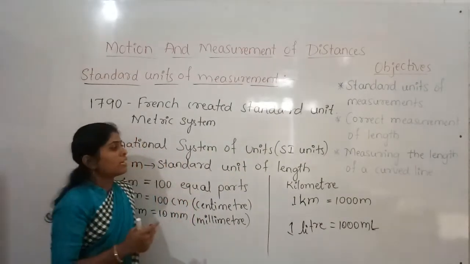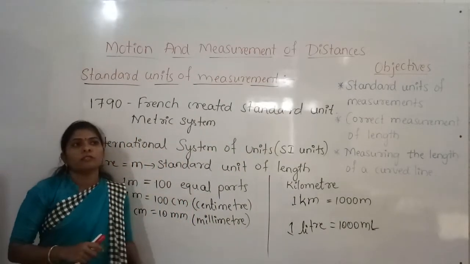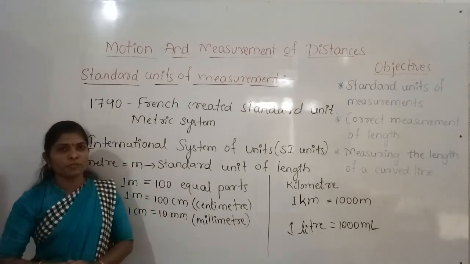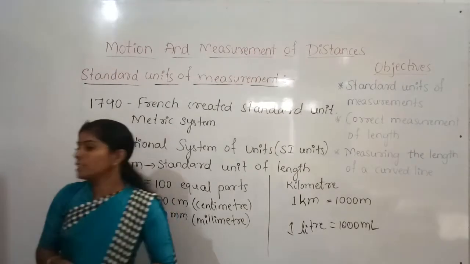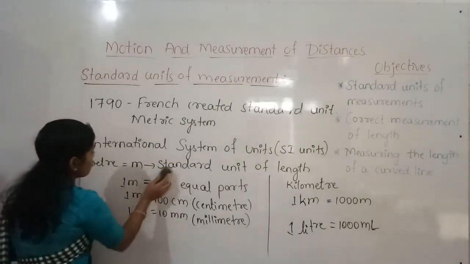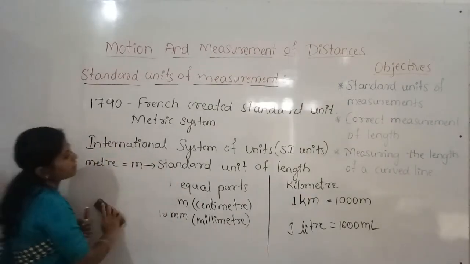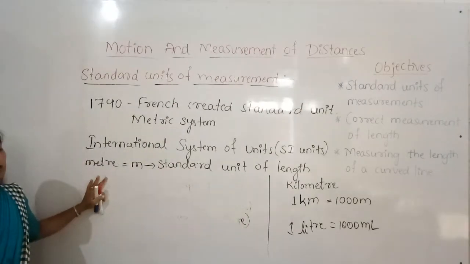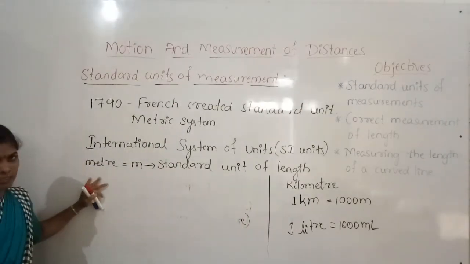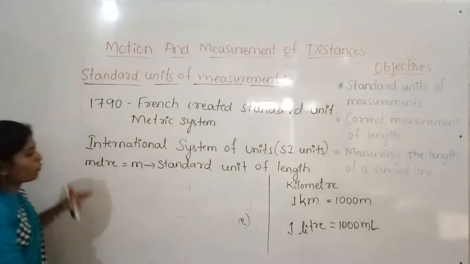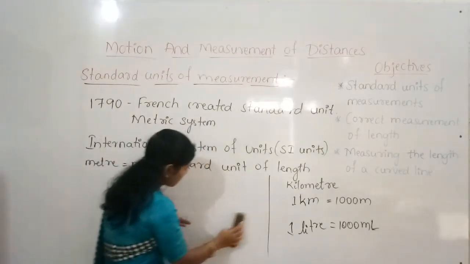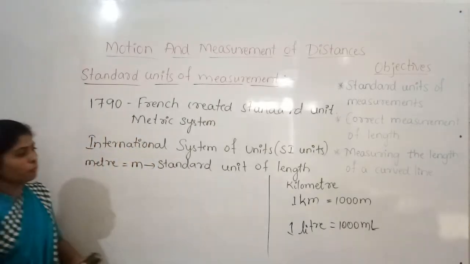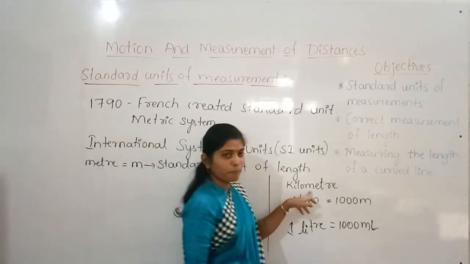And suppose you want to measure the weight or the mass of an object, we use the unit kg. For the measurement of distances, we use the meter, and meter is the unit for distance. Whatever it may be, in millimeter, meter or kilometer, finally here we use the meter.